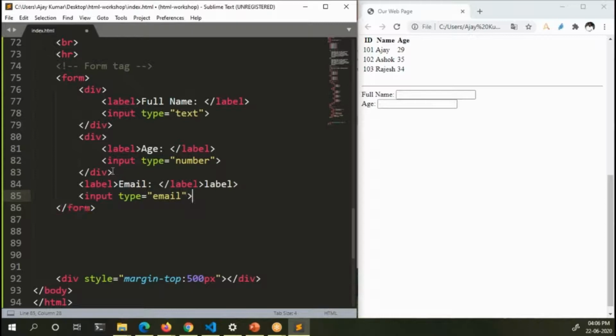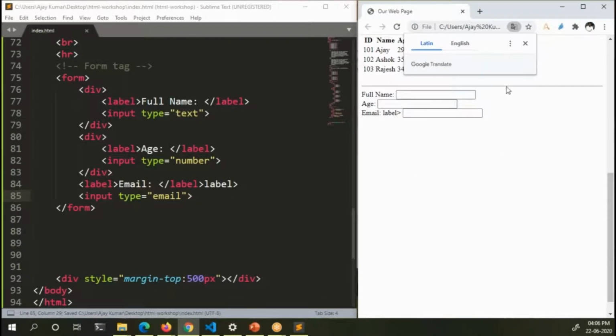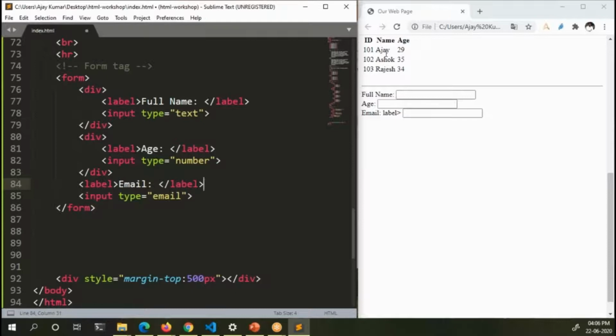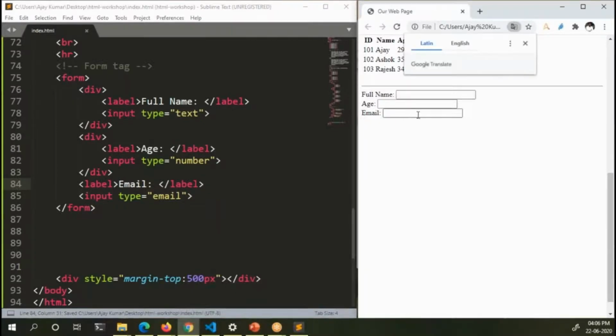Now this input field will allow the user to only enter an email ID. The user cannot enter anything else, and it will show you an error. Of course, it requires some validators to do that, right?